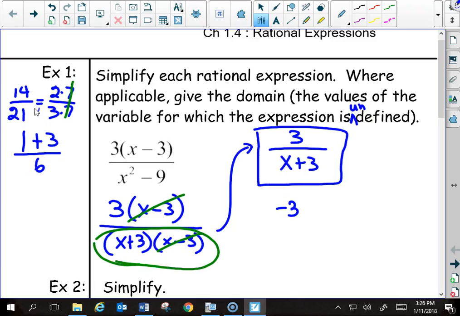We also have to do this for the reduced factors. So we're going to do the same thing for x minus 3. If x equals positive 3, then that also turns to 0. The reason that happens is because even though we reduce those factors out, they are still places where this function doesn't work in a rational expression. Okay, on to example